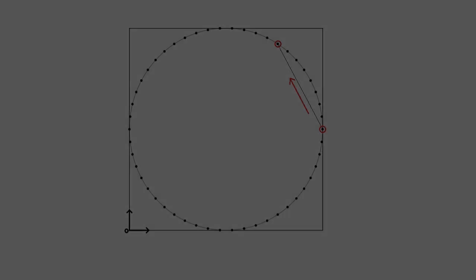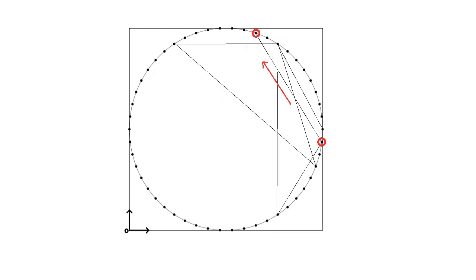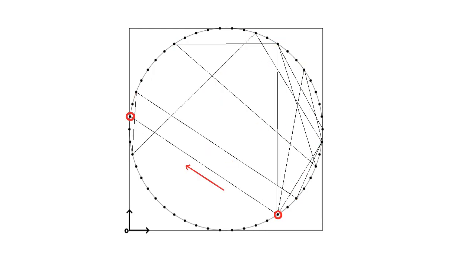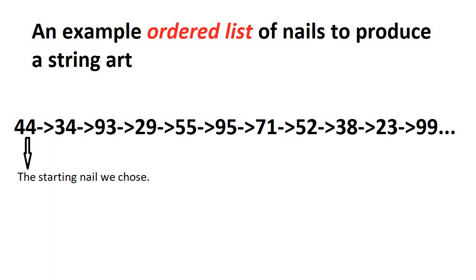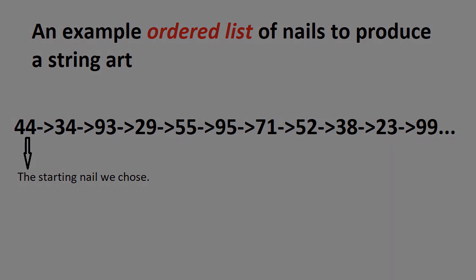The second method, however, works with a single piece of a long string. We tie one end of the string to a random nail, and from there we work our way through different nails until we end up with a satisfactory result. So obviously, in this method, we end up with an ordered list starting at some random nail of our choice. When you compare this method to the previous one, not only is this way more elegant, but also way less work. And that is because